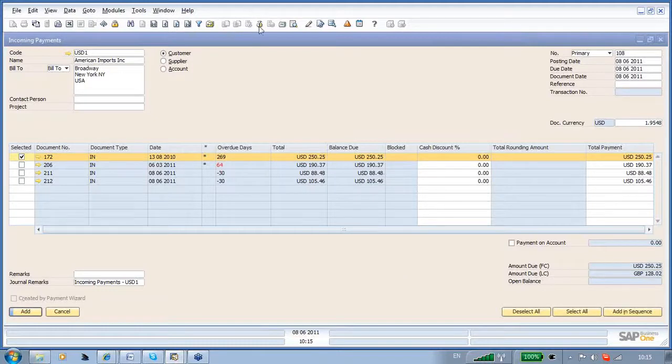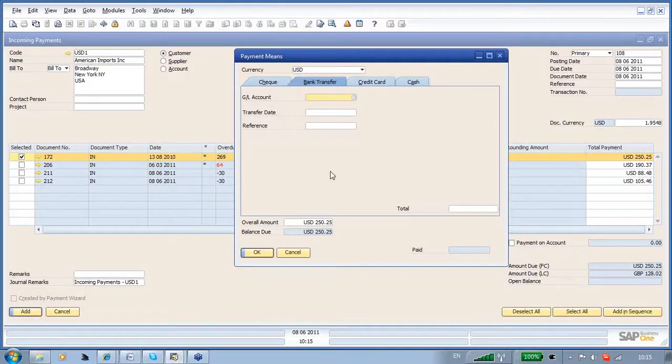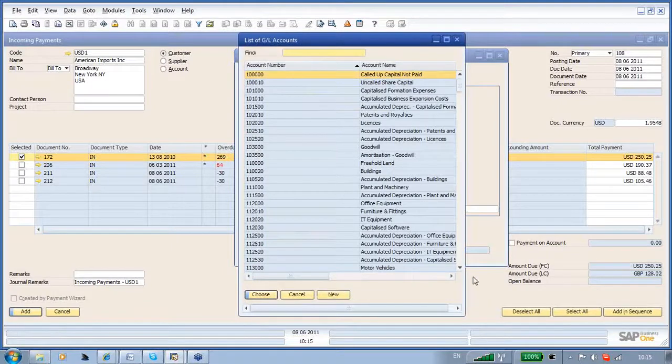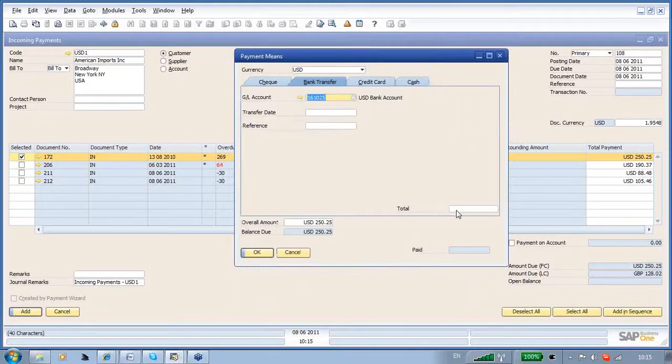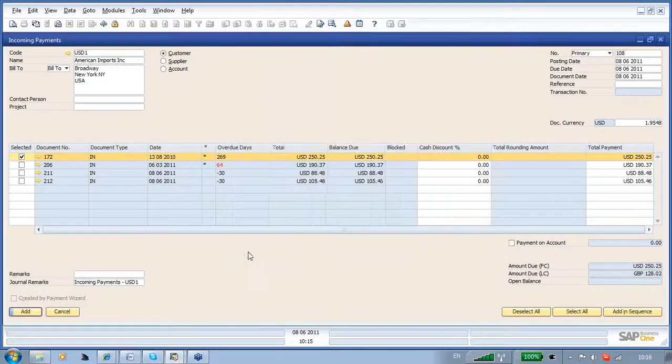So if I go into my payment means and select my bank account, which was 161025, so that's my US dollar account, I'm going to copy in the total here. So the customer is still paying me